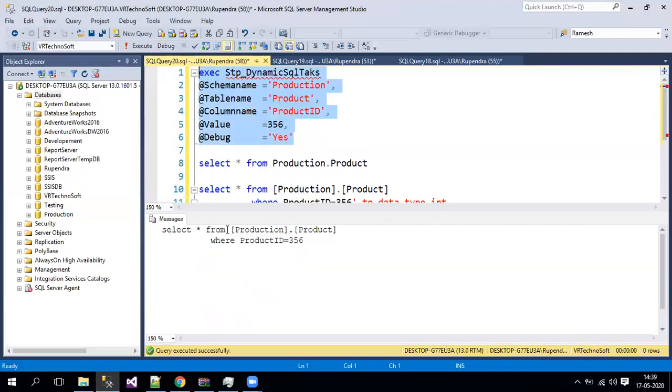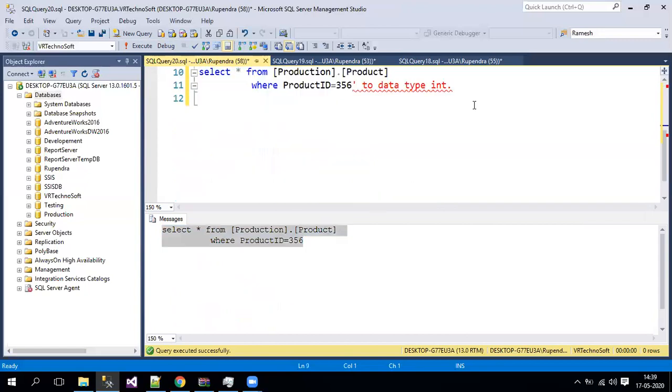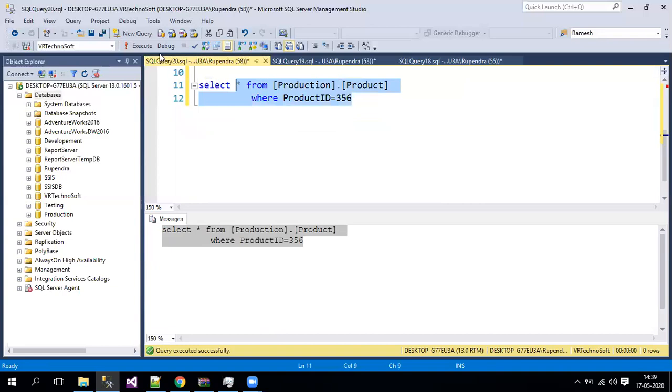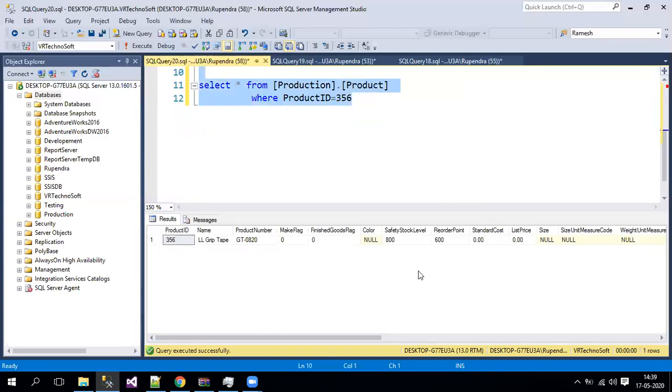Select star from my production, where product equals to, now all the single quotes will be gone. When it is storing the value into a variable, all the single quotes get cancelled by the SQL Server, and it gives only the plain select query. Yes, we are getting a proper result set now.